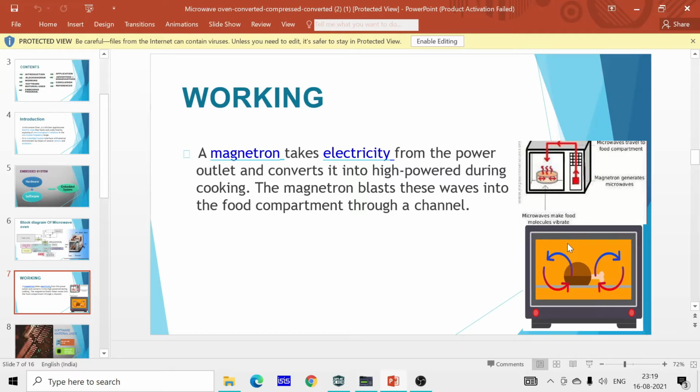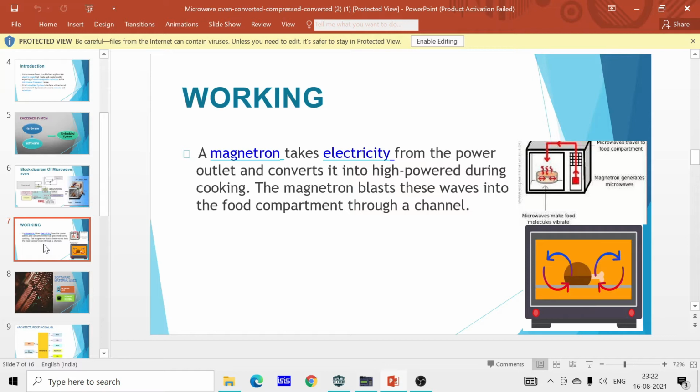Firstly, the wave is reflected by the utensils, whatever we kept, and then this wave is absorbed by the food. Like here we kept food on the turntable plate, and our turntable plate moves in all directions. From the waveguide also the microwave comes and it reflects from all directions. After scattering from all directions, it falls on our food and creates a vibration in the food molecules. That's why our food is totally heated, or we can say it cooks the food. Now let's move on to the next slide.